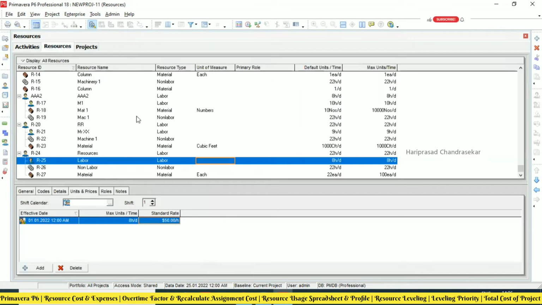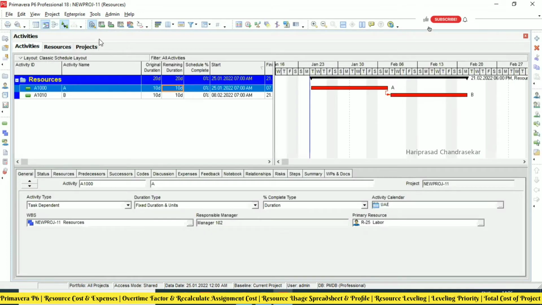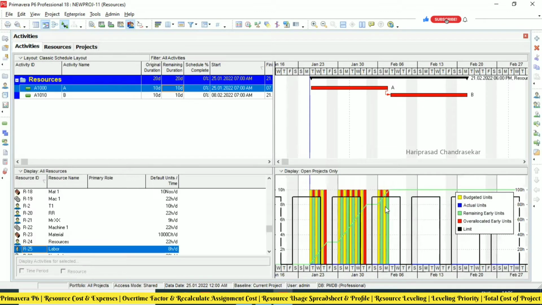Based on that, we can see the resource usage profile, and you are getting an over allocation. Whenever there is a red color, it means an over allocated resource, because both have different calendars. Even the holidays are considered over allocation. The black is the limit. Now how to solve this? Either use the same calendar for both, or put another person for this particular day so that the over allocation goes.